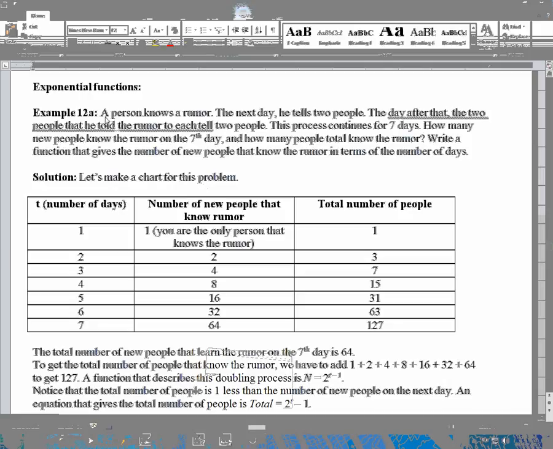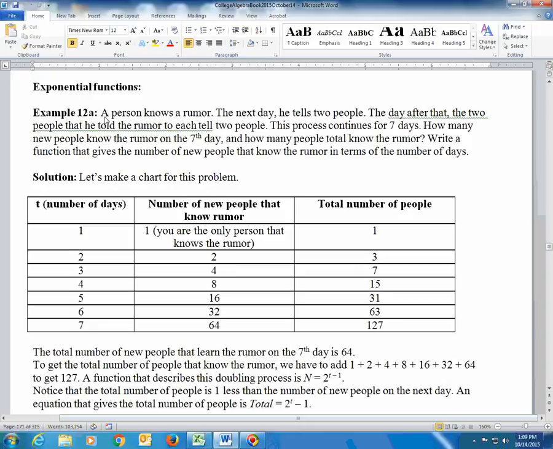Okay, we're going to take a look at the graphs of exponential functions, and we'll start off with this problem right here. It says a person knows a rumor. The next day he tells two people. The day after that, two people that he told the rumor to each tell two people, and the process continues for 7 days. How many new people know the rumor on the 7th day, and how many people total know